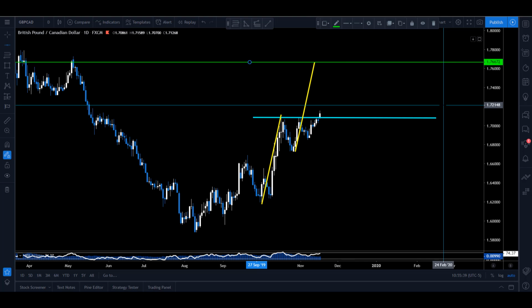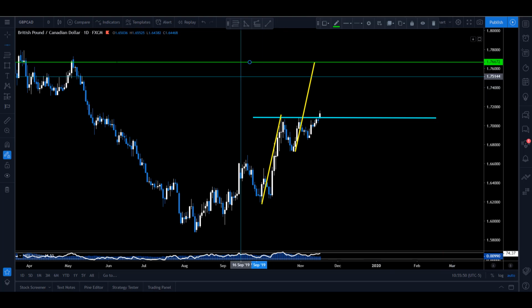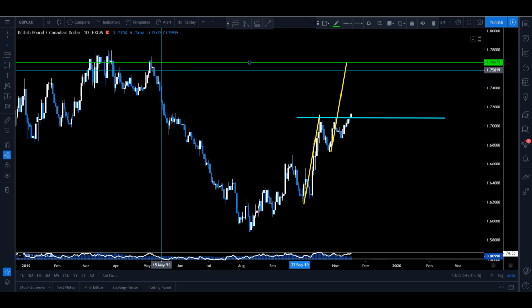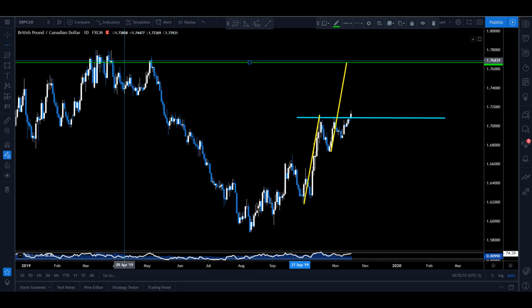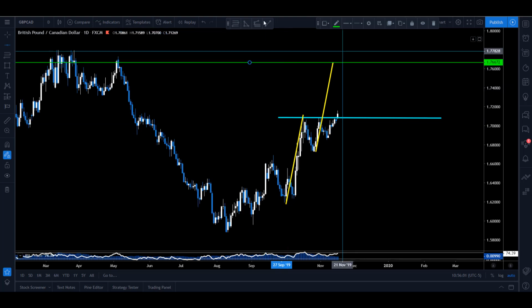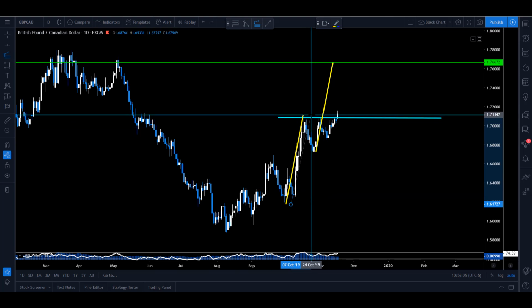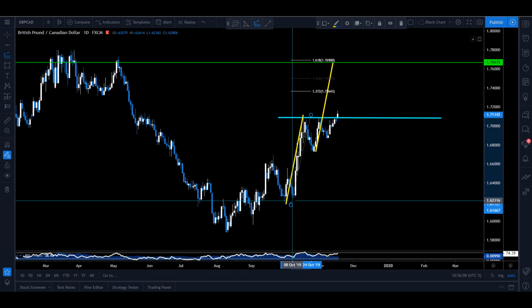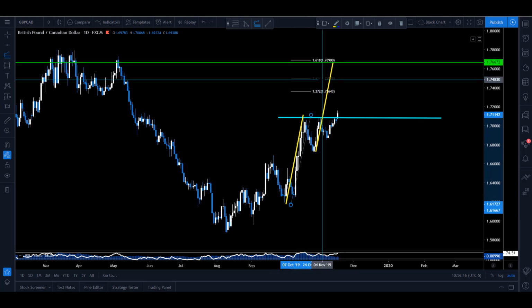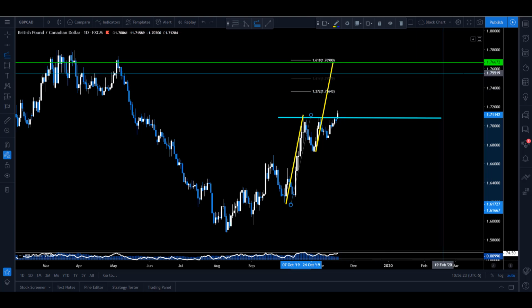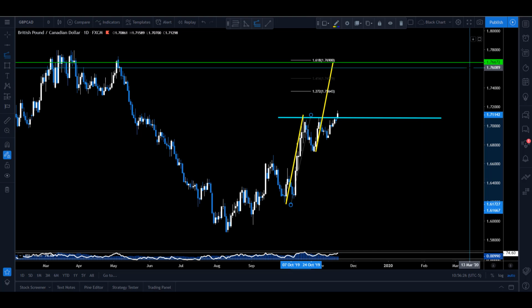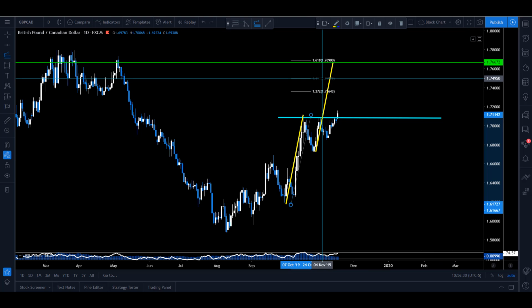Now, what else do we have at that level? Because trading is not about finding one thing. It's about finding all the clues and putting them together. If we look left at this level, do we not have a previous level of structure? Okay, we'll add that to the checklist. We got AB equals CD structure. I haven't drawn this out. Let's draw the fibs. Again, I didn't plan on talking about this, but we're here, so let's just do it. Oh, baby, look at that. What do we have here? A Fibonacci extension. Again, you don't need to know this. This is kind of getting into it, which I apologize, but a Fibonacci extension right here. And then we even have a psychological number, 176 even. So we've just used this analysis, this AB equals CD pattern,